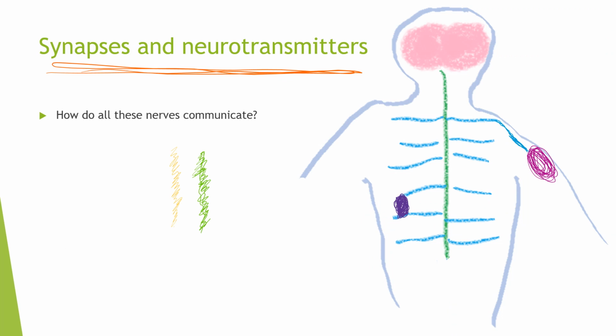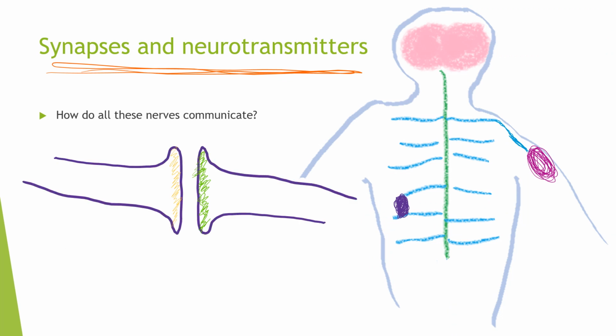So, very briefly, synapses and neurotransmitters. Effectively, how do all of these nerves communicate? Because, like I've said, there's billions of them there, and they need to communicate effectively for us to do everything you're doing right now, from learning, from looking, hopefully listening. Your nerves are doing all of that, and there's billions of them, so they need to effectively communicate perfectly every